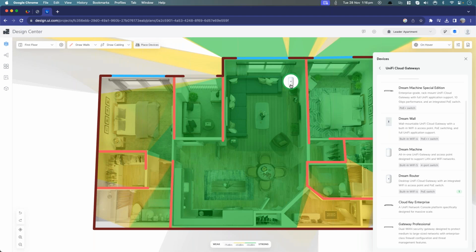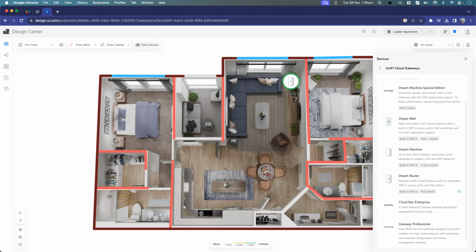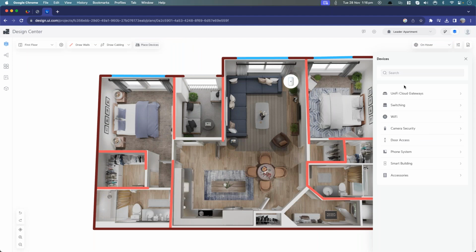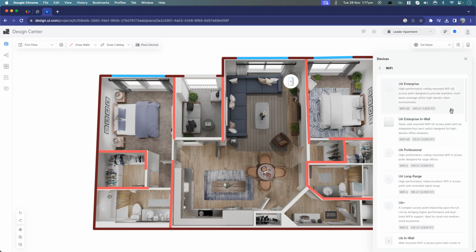As a general rule of thumb, I tend to do an access point per room that needs coverage. And I think that is the general question that you need to ask your customer as well: what are you looking to cover? What are you trying to achieve in terms of wireless coverage? If they're just looking for best effort and rough wireless communication, it's okay to cut down on the number of access points. But for a good rule of thumb, I normally just go for an access point per room that